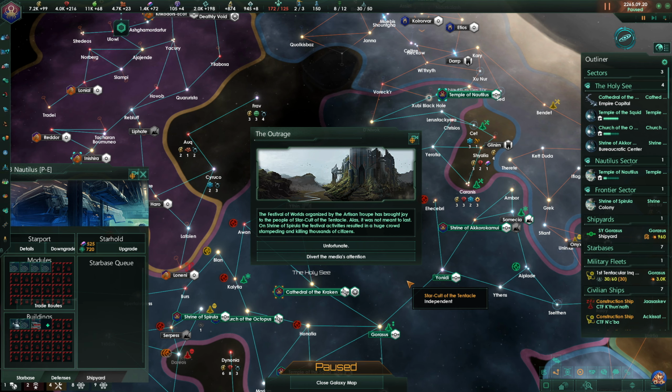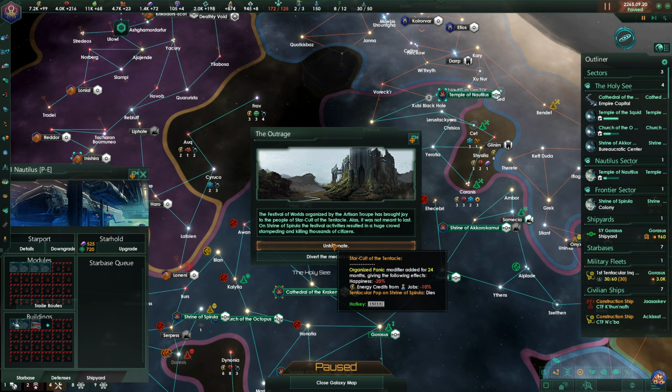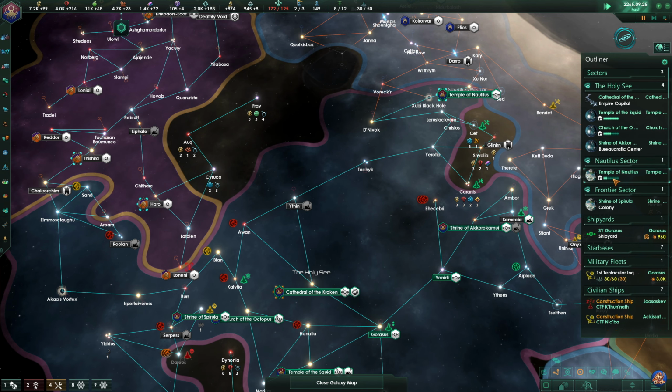Outrage. The Festival of Worlds organized by the artisan troupe has brought joy to the people of the star cult of the Tentacle. Alas, it was not meant to last. On Shrine of Spirula, the festival activities resulted in a huge crowd stampeding and killing thousands of citizens. I'm gonna go with that in the hope that I get the necessary influence that I need. It's bad, but...